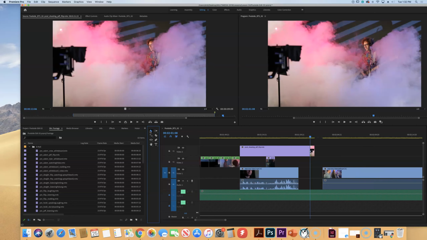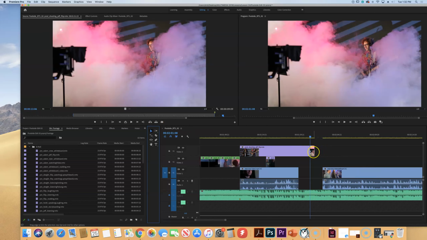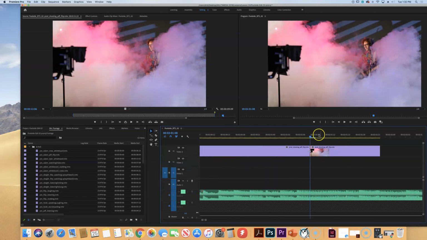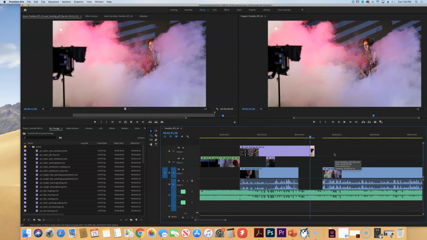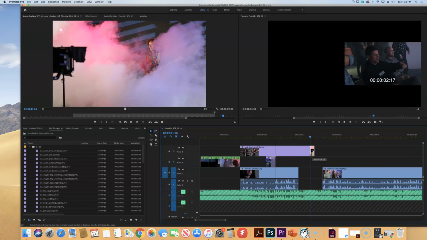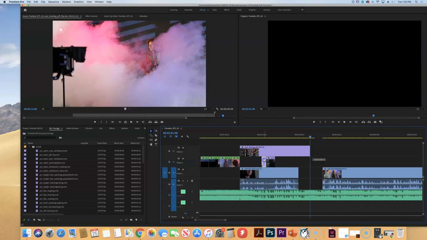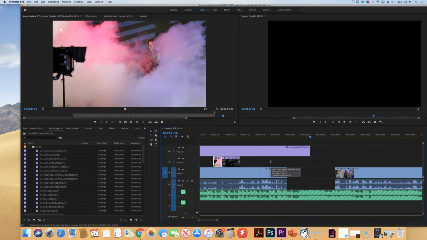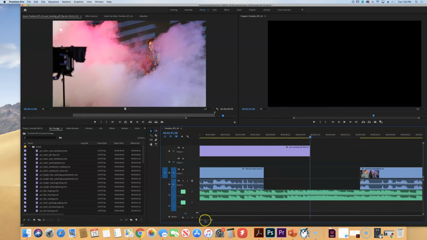And I need to zoom out of my timeline a smidge. We're going to select this last little clip with our selection tool. I've got to zoom in, I guess. We're going to select that clip, the little one that we have at the end, and we're going to move it back down into video track 2 so that its out point comes down and finishes right before the clip before it, the next one over. I've got to zoom in, such a pain. So that it snaps next to